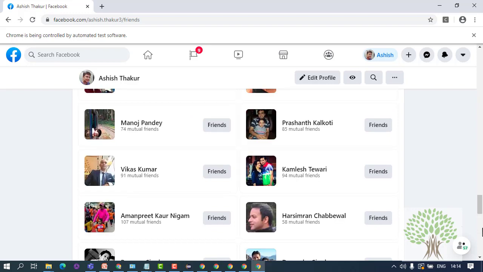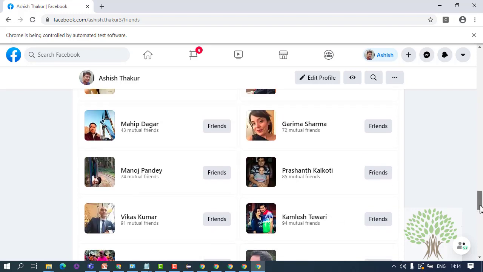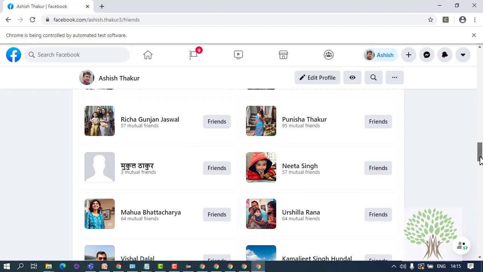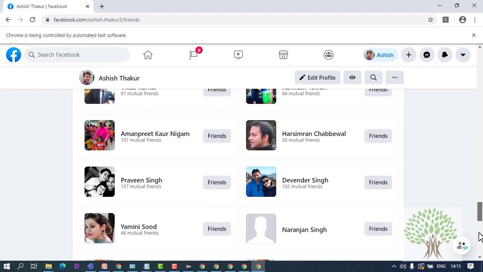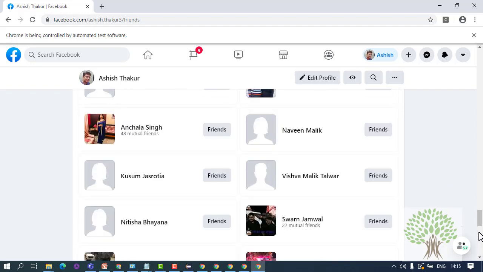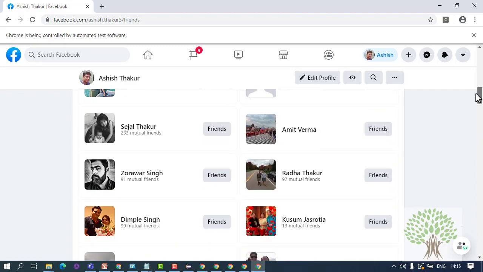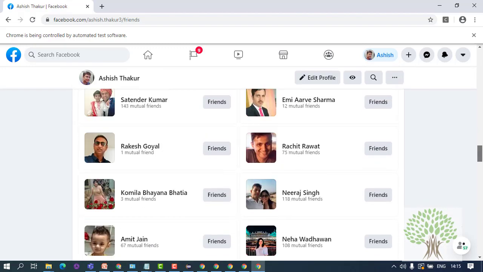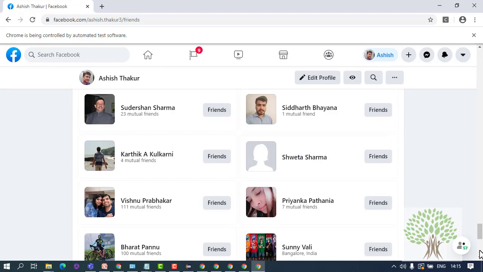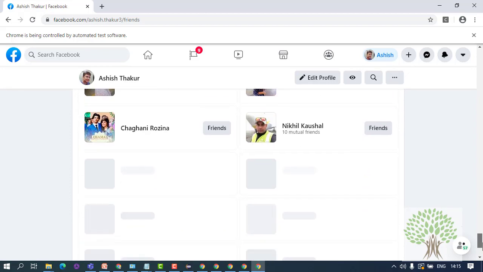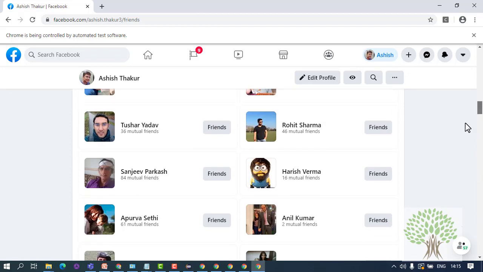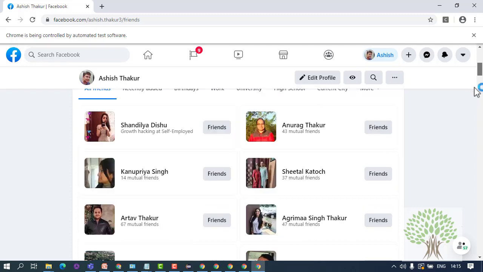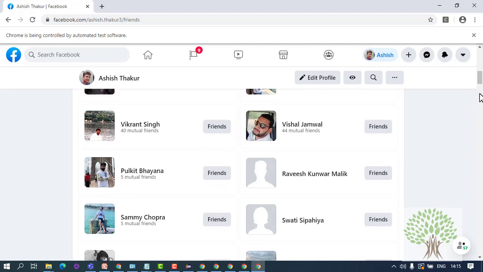Maybe you get 20 friends on this page by default, but when you scroll down, more friends are loaded. So what you will have to do is scroll to the bottom of this page till the time no more friends are being loaded, and then print the names of the friends.